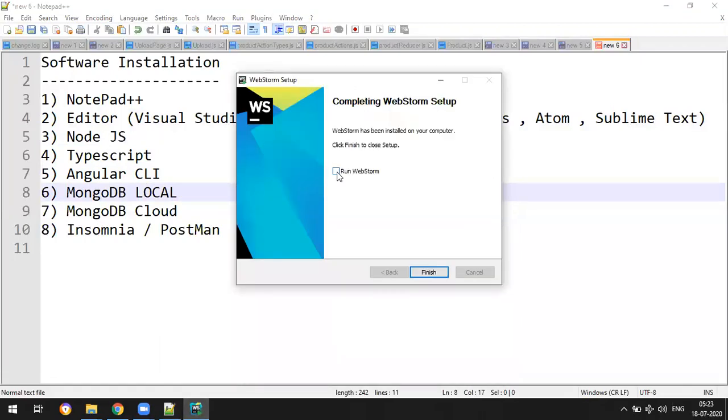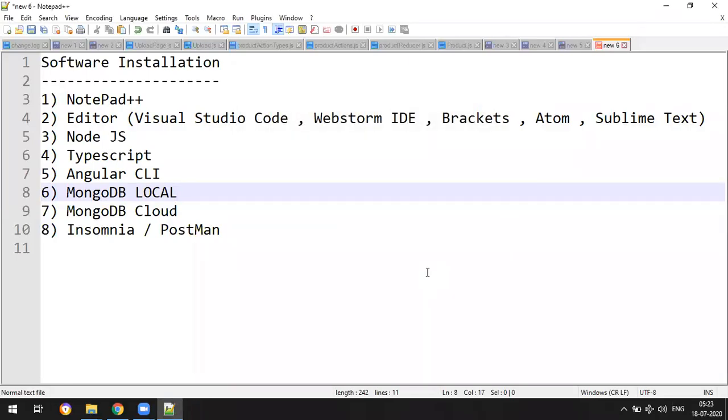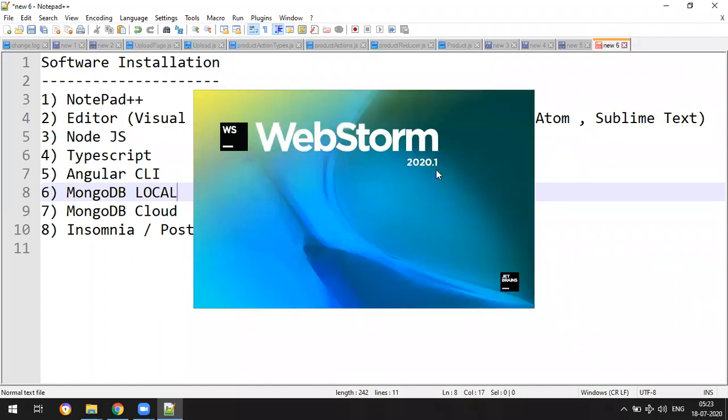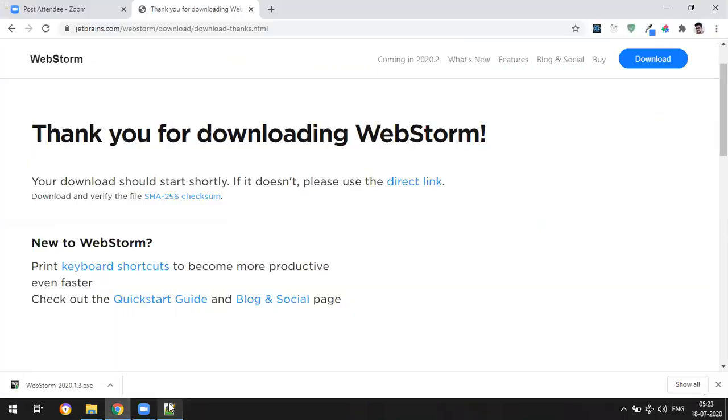You can select run WebStorm and click on finish. So it's going to open WebStorm 2020. My system is slow or what?